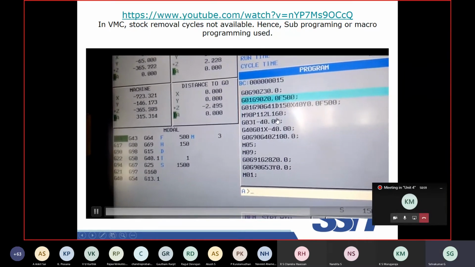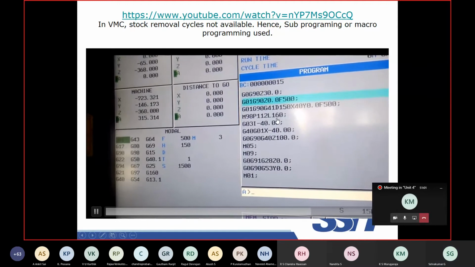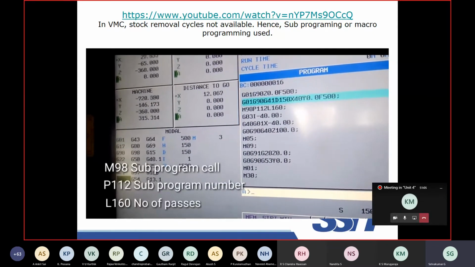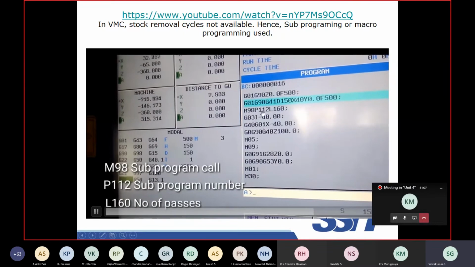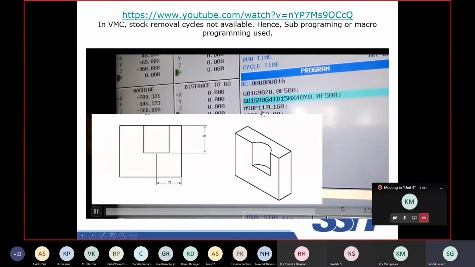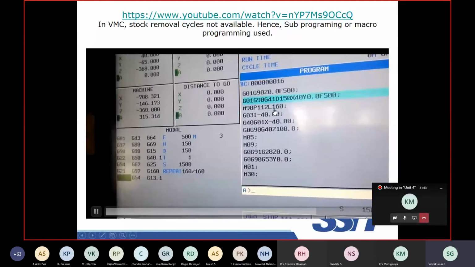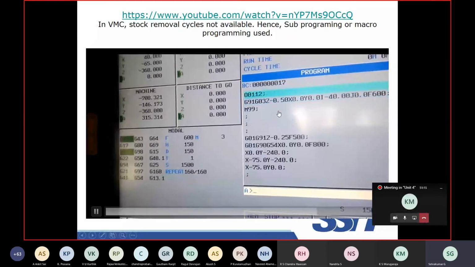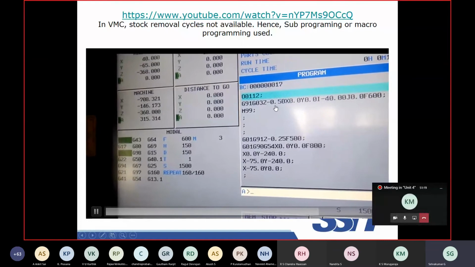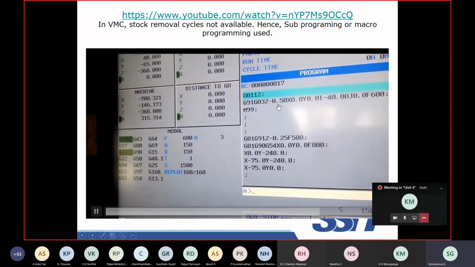Here, cutter compensation left is used because we are making an anti-clockwise circular arc. G98, you just look it out. This is program number 98. It will be executed 160 times. So every time we are giving a depth of cut of 0.5.